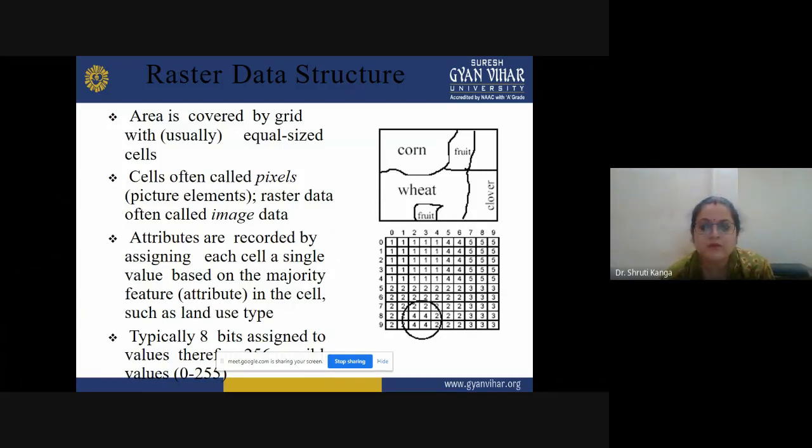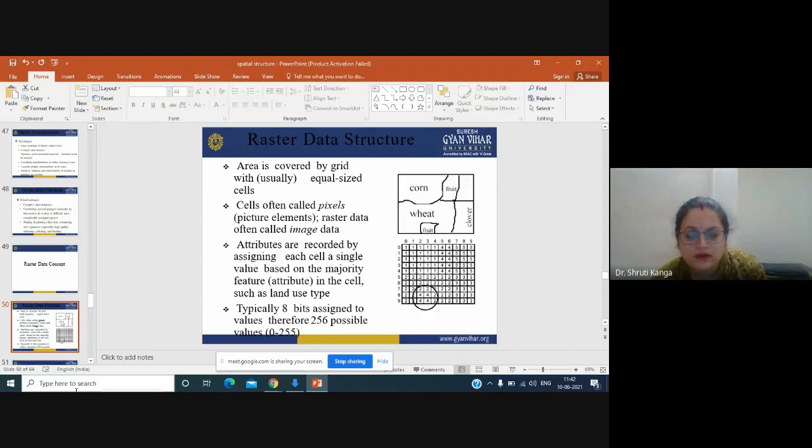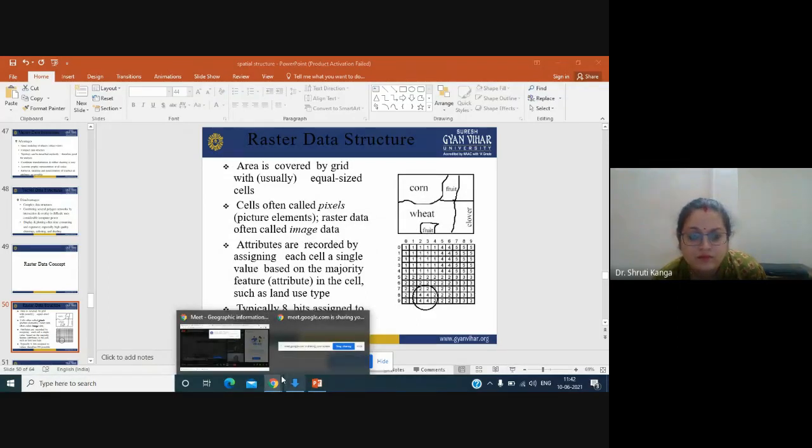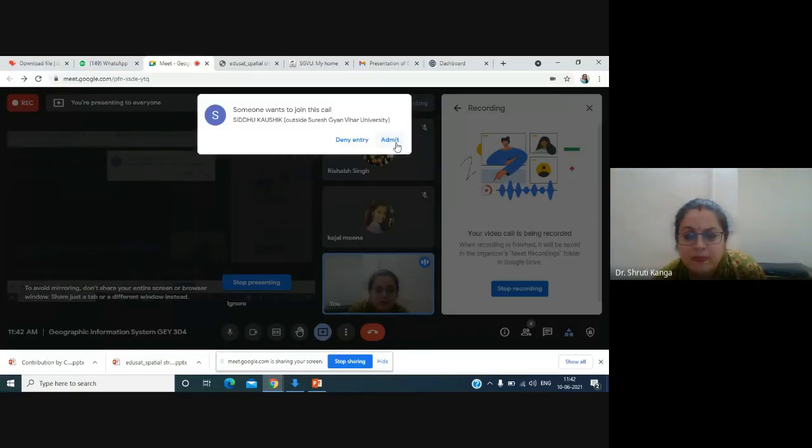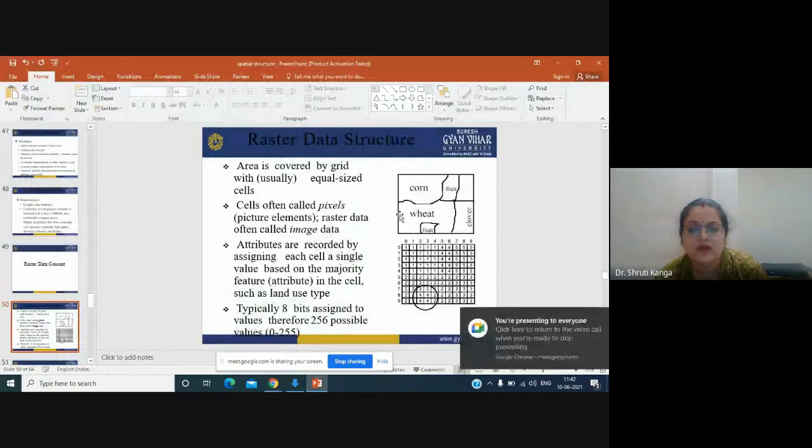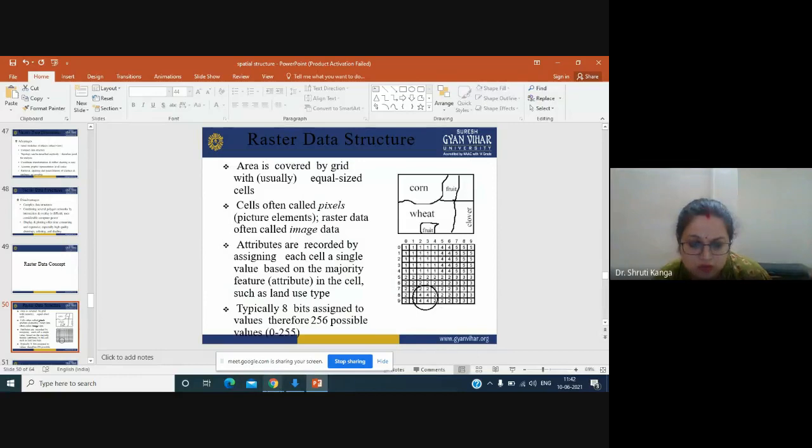If you see here, we have tried to show different land use features or different areas which are covered by different entities, like different crops. Yes, you can see here different crops, which include corn, fruits, wheat, and different other fruits also.